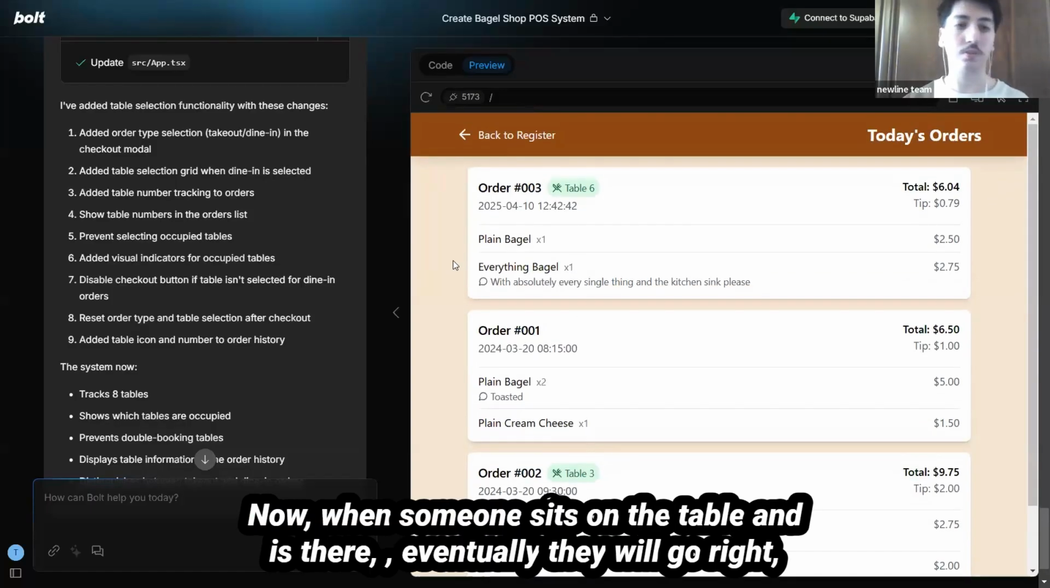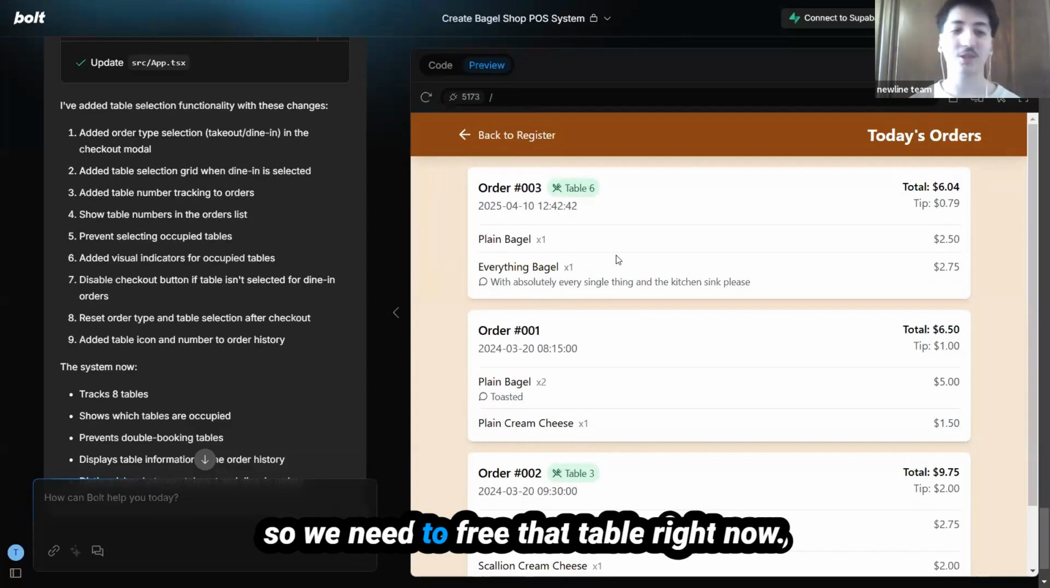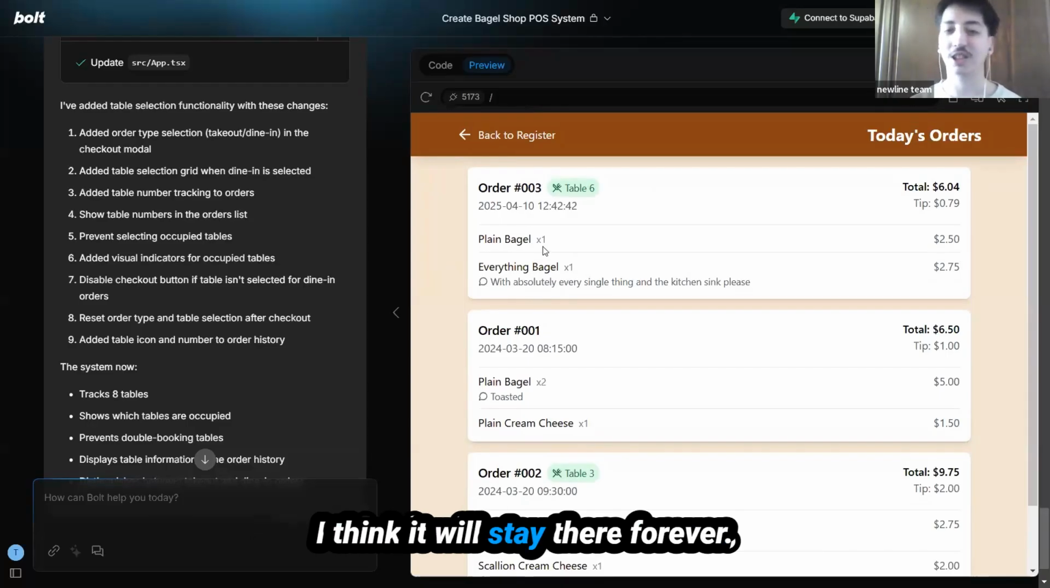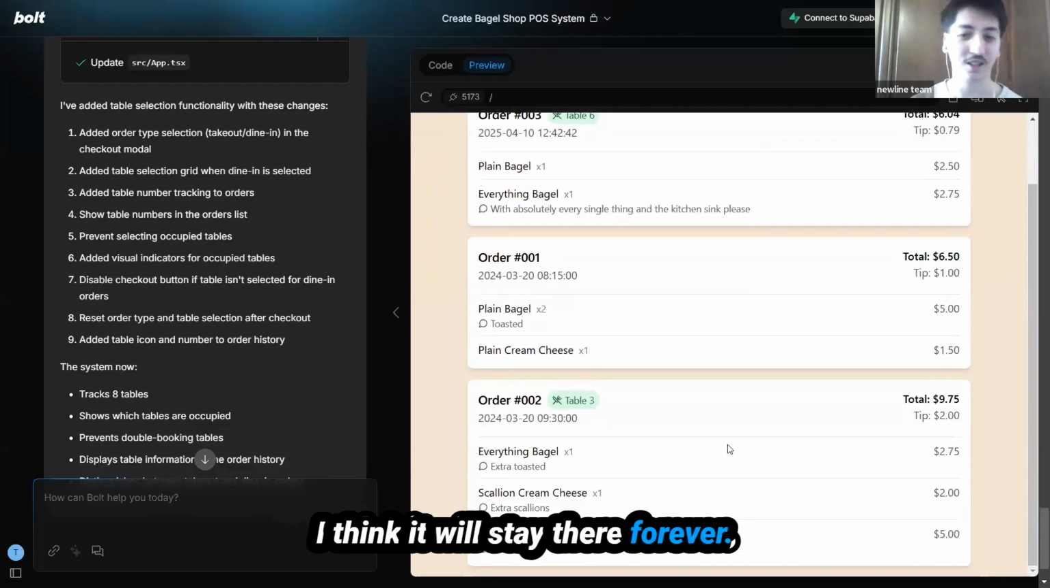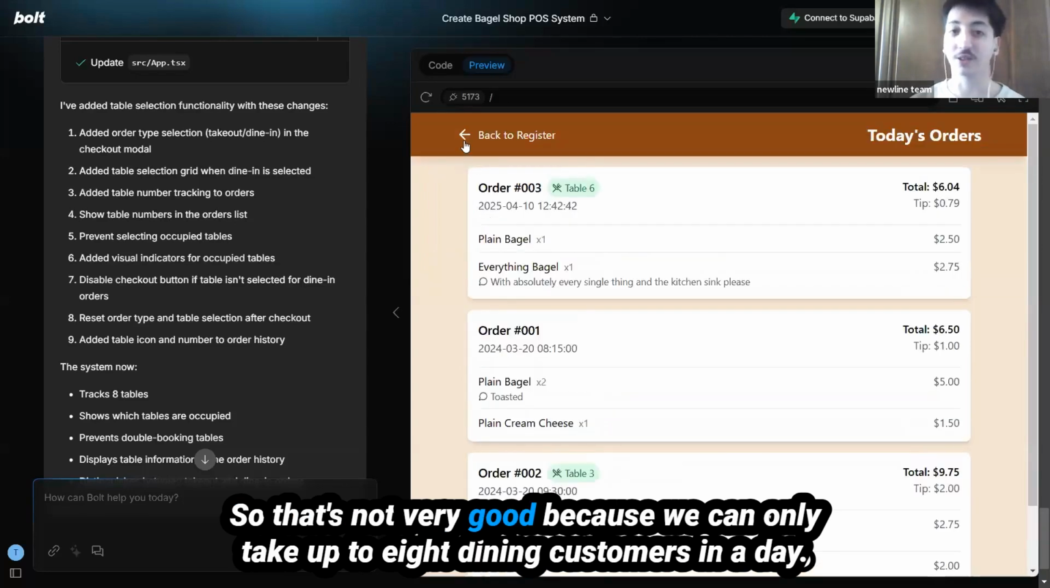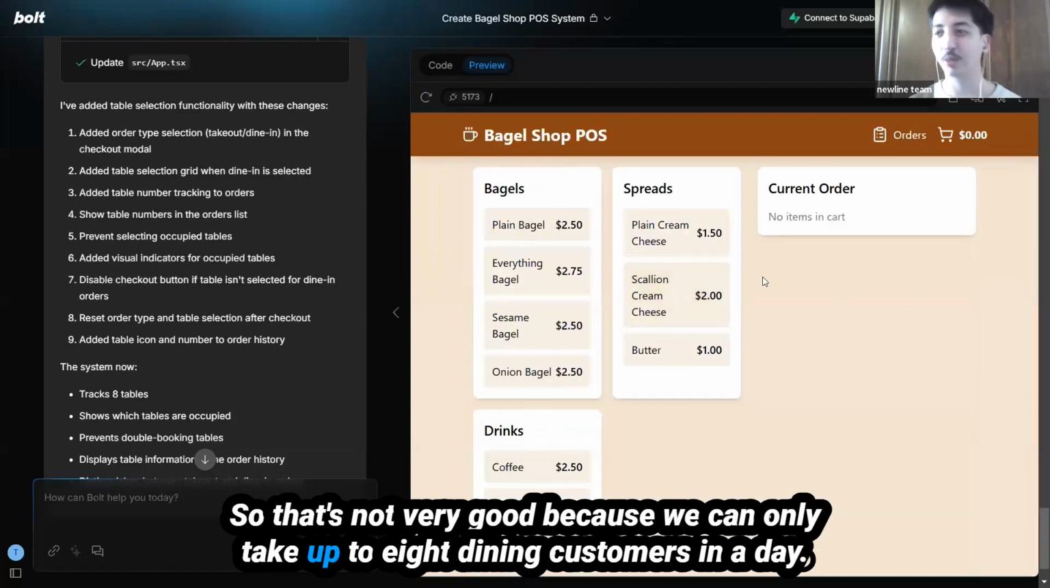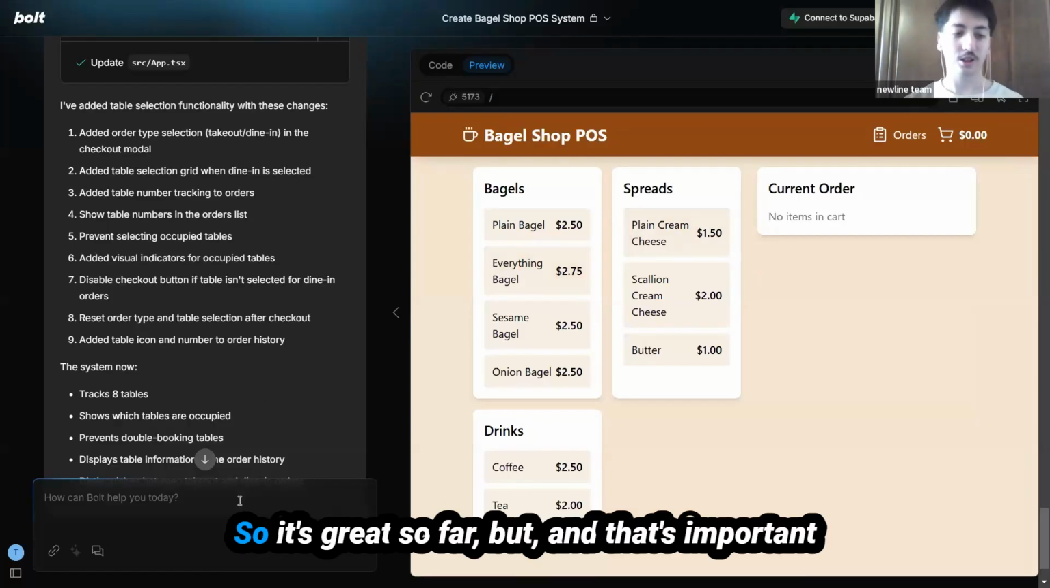Now, when someone sits at a table and is there, eventually they will go, right? So we need to free that table. Right now, I think it will stay there forever. So that's not very good because we can only take up to 8 dining customers in a day. So it's great so far. But,